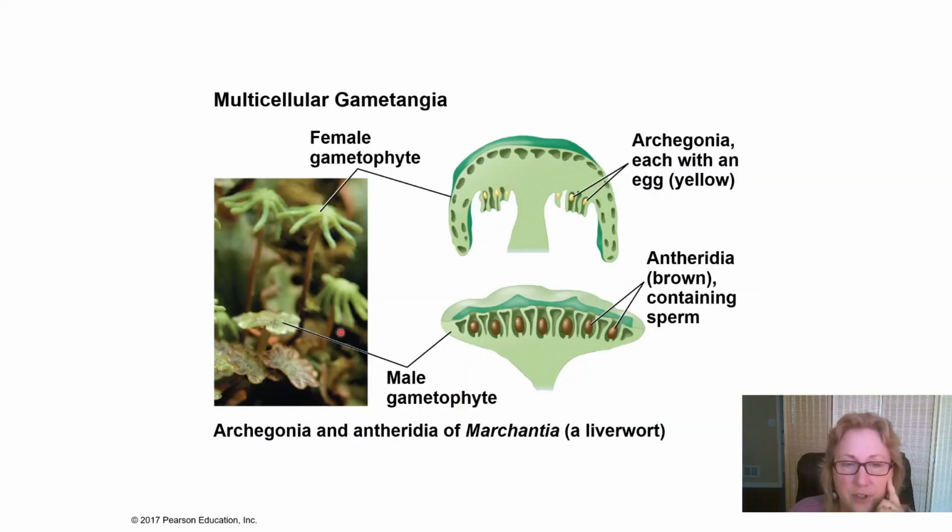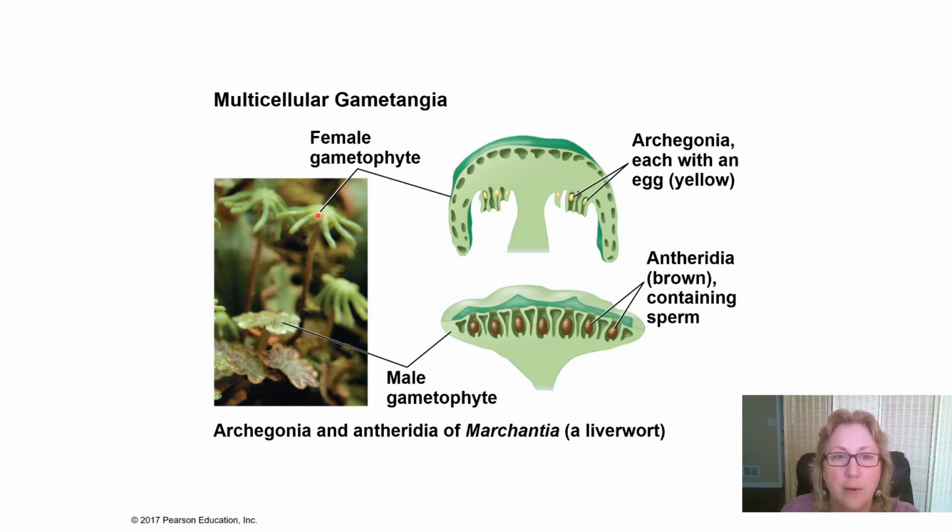So here's a different species of liverwort, and here we can see the male gametophyte as well. They have these big green leafy thallus-like structures that grow very close to the ground. The overall plant is still pretty small. If it's a male plant, then it produces these male gamete structures that contain the antheridia. If it's a female plant, then it produces these little umbrella kind of structures which contain the archegonia where the egg is.